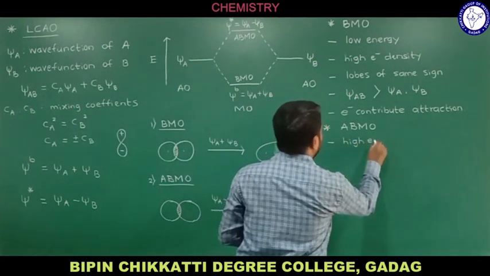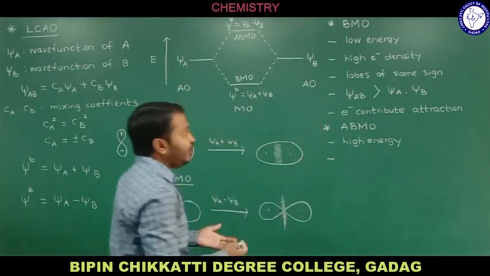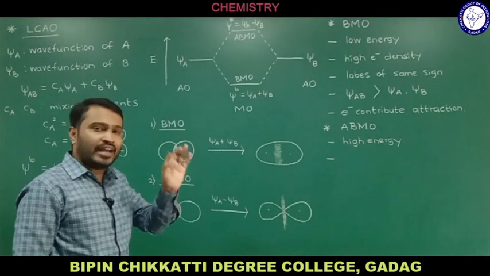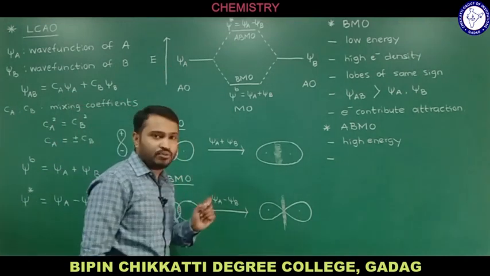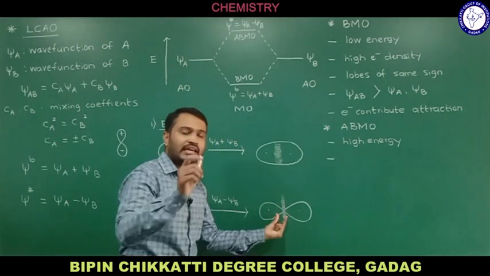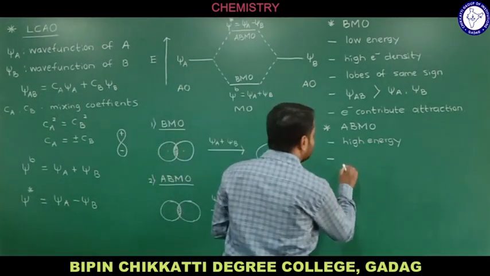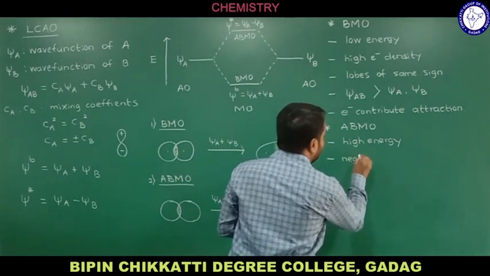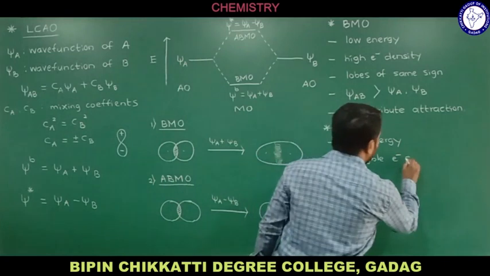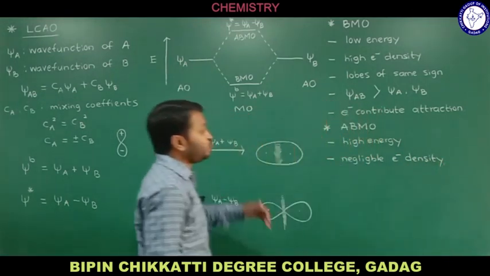And because of that reason, it is quite unstable when compared to BMO. High electron density in case of BMO. What about electron density in case of ABMO? As I mentioned, the probability of finding the electron in this region is negligible or zero. So therefore very low electron density, negligible electron density. Electron density will be very much negligible, or you can say it as 0, and that corresponds to a concept